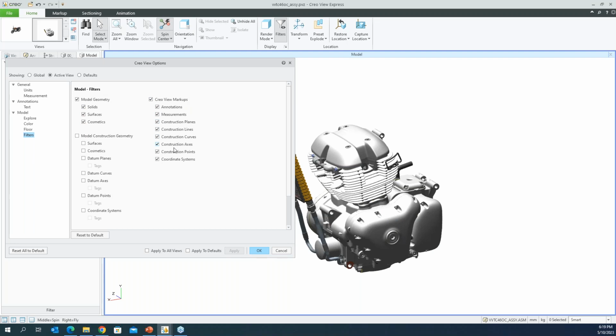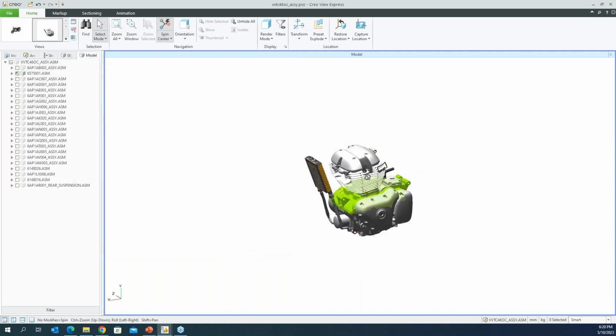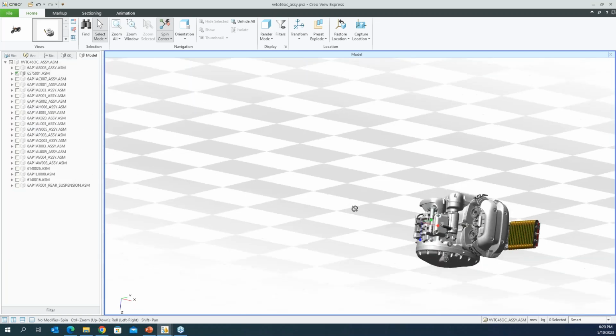You can also specify which Creo View markups you'd like to see and wouldn't like to see. So if you would like to see the X's, measures or annotations, you can uncheck those ones here. And if you'd like to see model construction geometry, so this comes from the model itself, and you've exported things like datum axis, datum planes, datum points, you are able to show them here. In addition to that, you're able to change the floor. So you can specify that I want to display the floor, and you can specify in which direction that floor is displayed. So as soon as I say apply there and select OK, you can see that the floor is